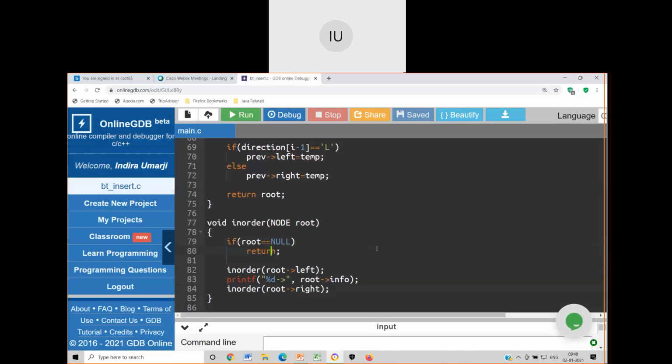Guys, if you miss this, what will happen? Can anybody tell me? Any comments from your end? Okay, one answer I've got: it is infinite loop. 100% you are right. If I don't write this base condition, recursion will end up in what is called an infinite loop or infinite